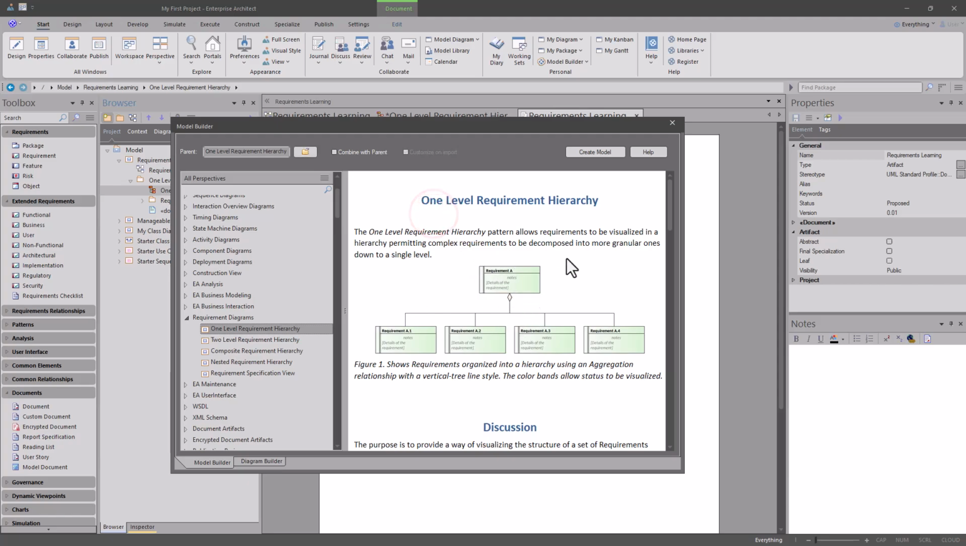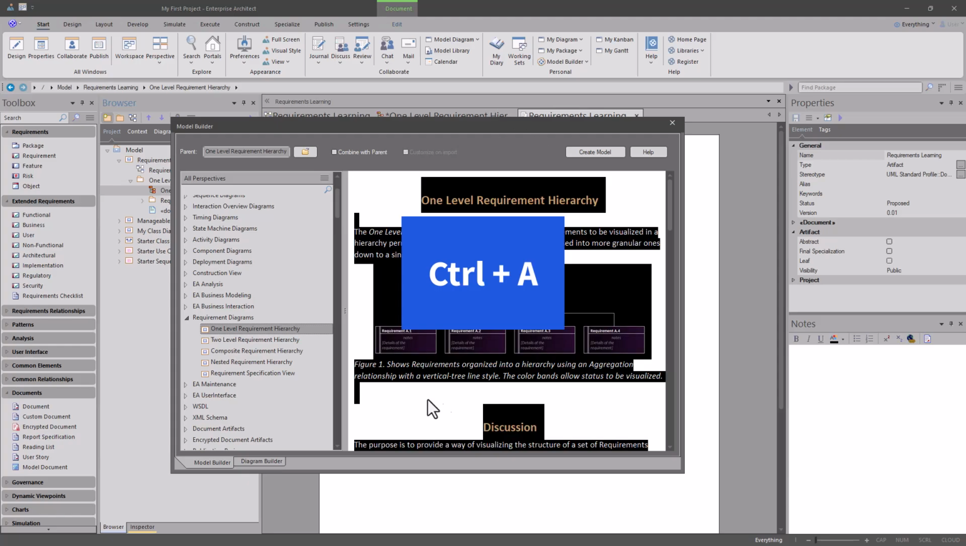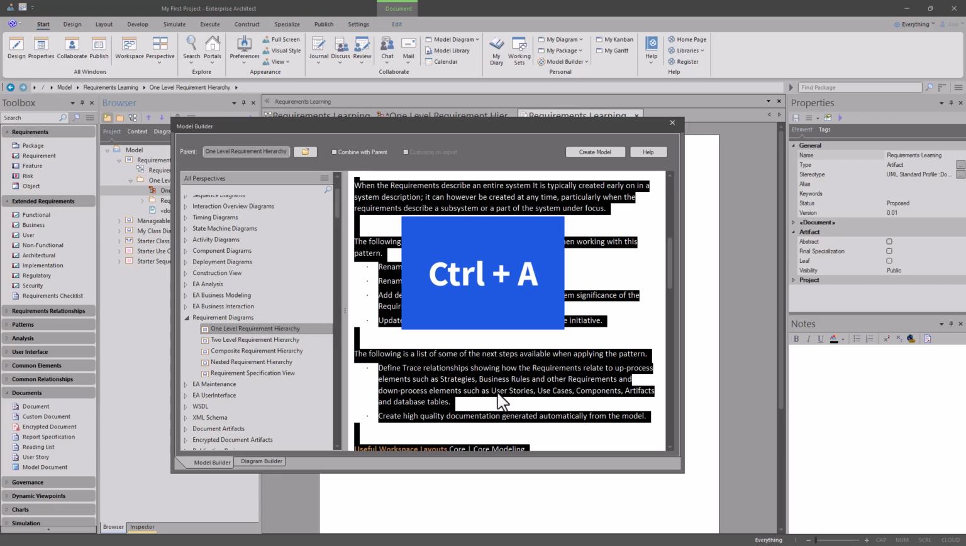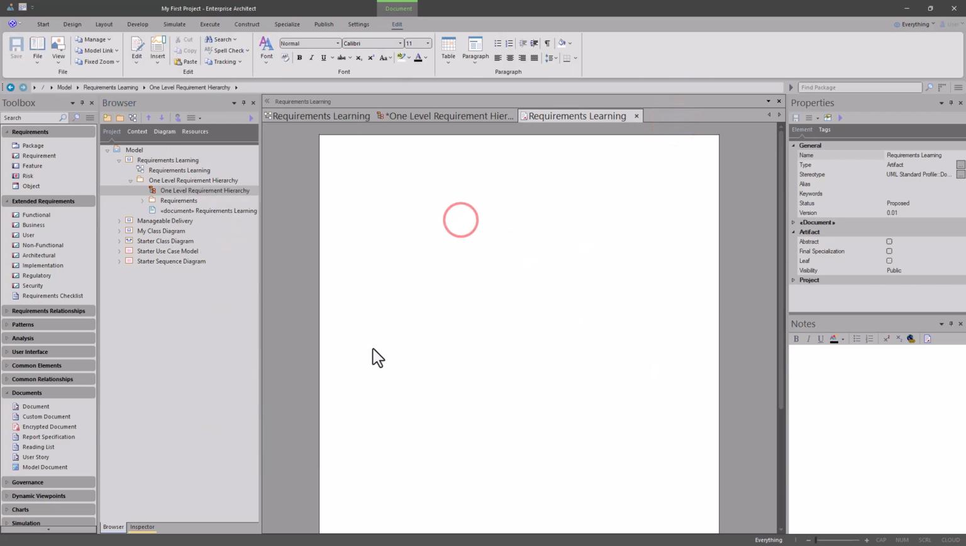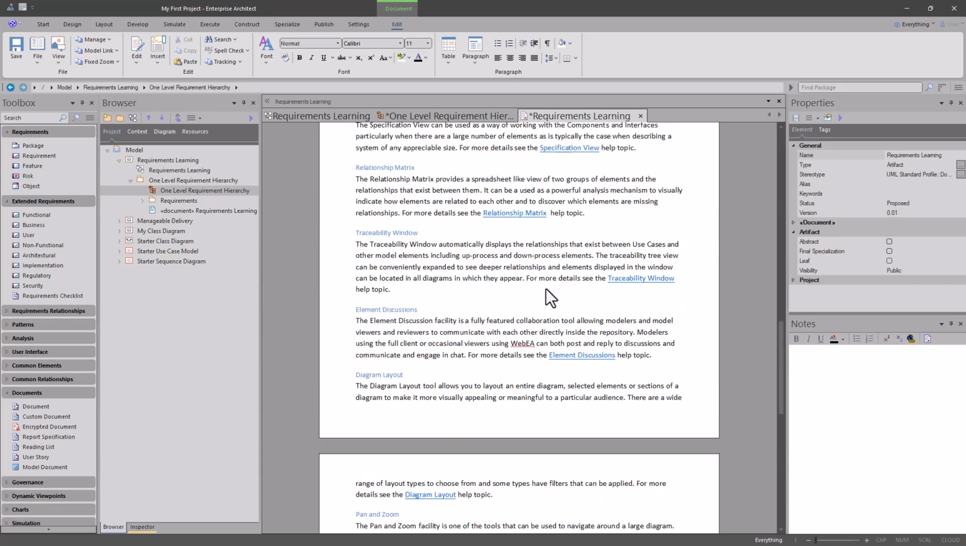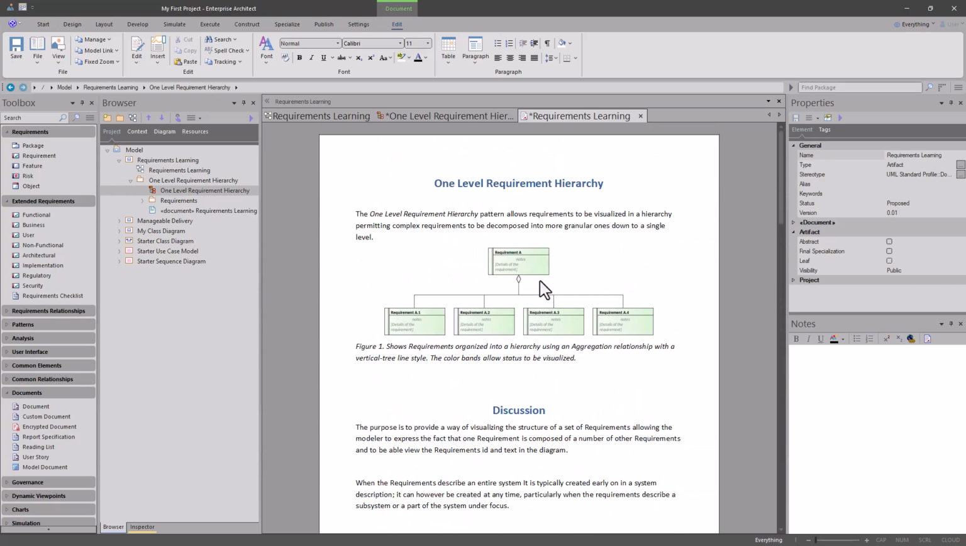We're going to just click anywhere in here and hit Control A to select everything that's in here. We're going to hit Control C to copy, and we're going to close this. So we're in our blank document. We're going to hit Control V, and we're going to paste everything in here. So now we have all of this learning content from Sparx in a document that we and our team can